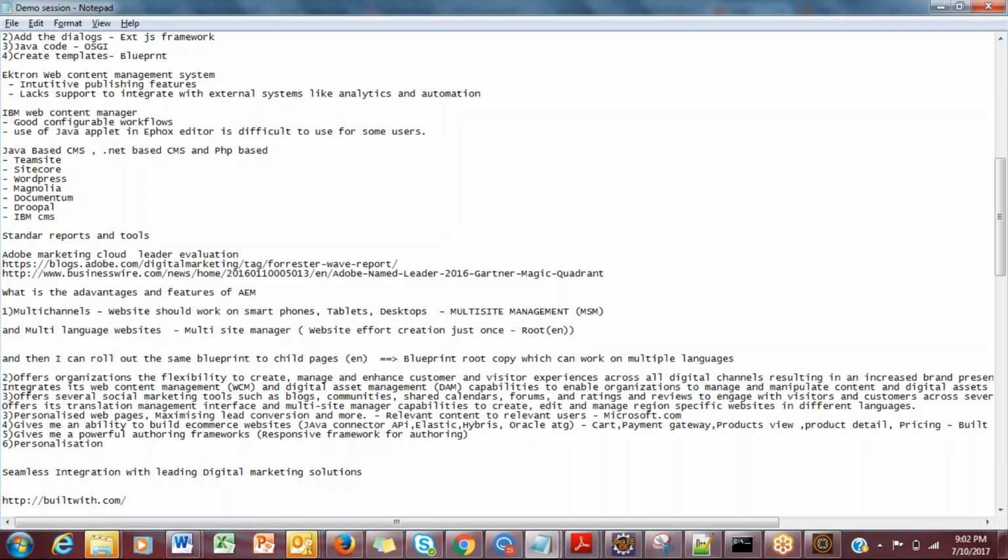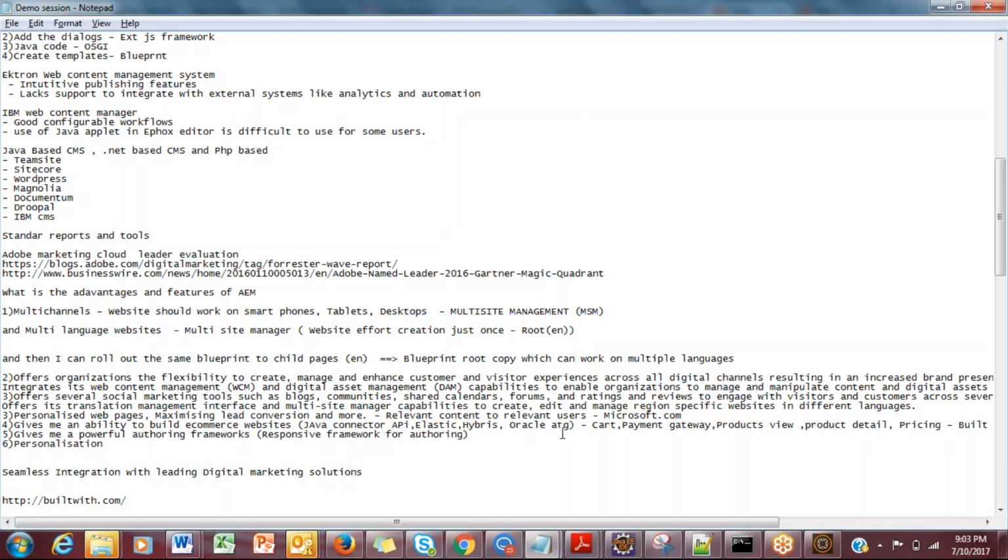Having said that, you might have scenarios where, okay, you might have an already existing Hybris as backend where all the data is stored in Hybris, and let's say you want to use AEM as a front end, right? All the components will be in AEM, but it's fetching all the product information like the pricing, the variants, right? The product, like what quantity is available in your inventory. All that information is in your Hybris, or it could also be your Oracle ATG. So these are some of the popular e-commerce systems.